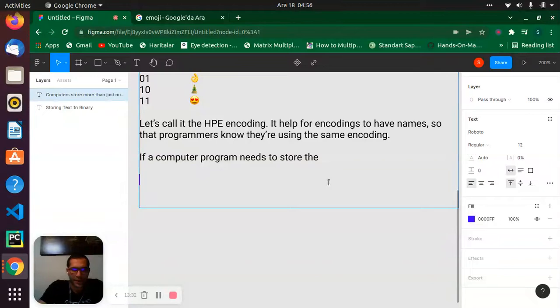I understand when I click this, then this is coming blue. Anyway, it needs to store this one. Let's say again black. This one symbol in computer memory.